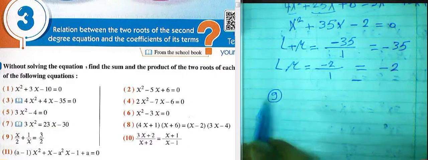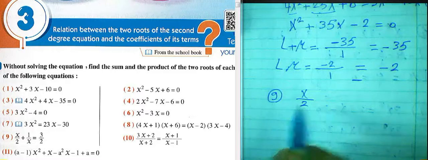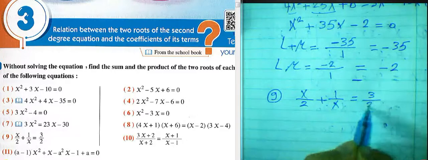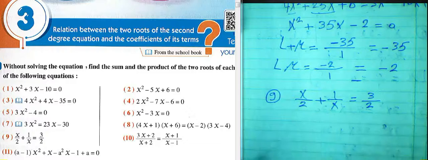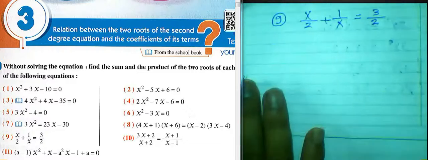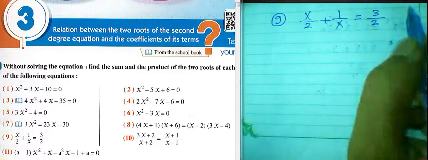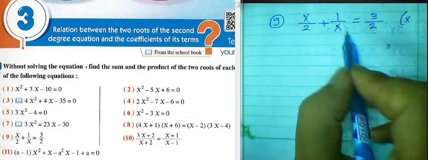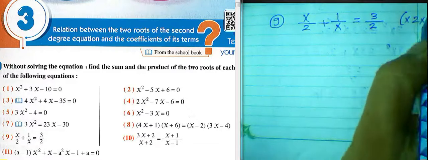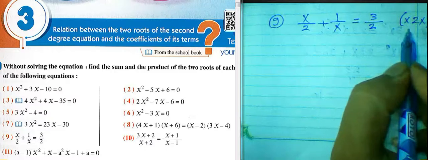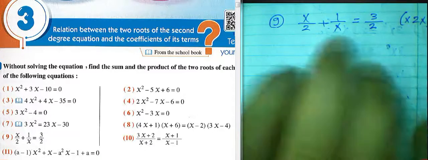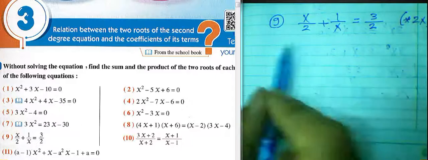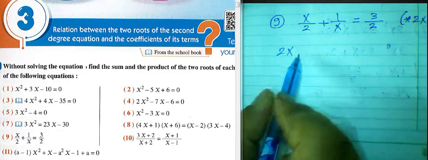Look with me here. X over 2 plus 1 over x equal 3 over 2. First, we can simplify this equation. Who can solve it? We can find the result by multiplying by 2x to cancel 2 and x in the denominator. So we can find the result by multiplying the right hand side and left hand side by 2x. Okay, 2x multiply by